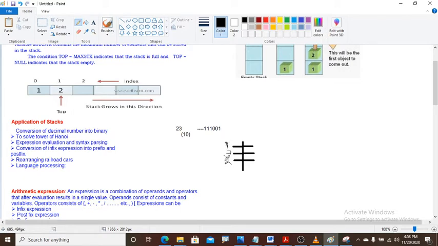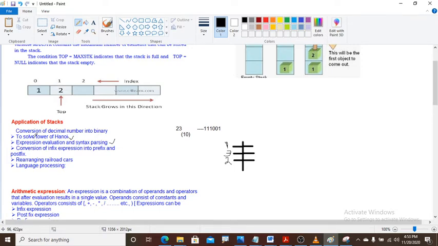So I want to place 1 down, 2 next, 3 above. In such situations we are using the towers of Hanoi. This is an algorithm, it is not included in our syllabus, but if you have to write the application, you can write it as solving a tower of Hanoi. Expression evaluation and syntax parsing, one of the algorithms is used here.